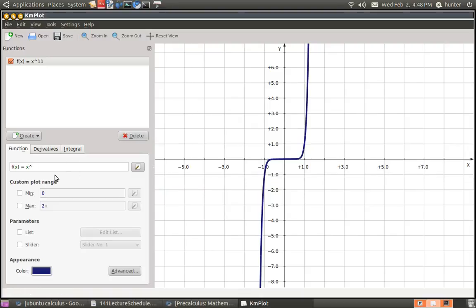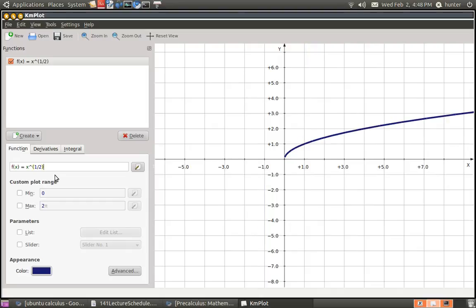So, let's have this graphing machine tell us. It looks like that. And there's kind of an explanation of why it looks that way, if you understand why